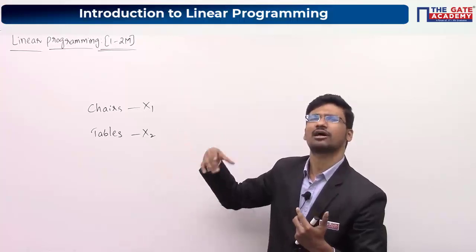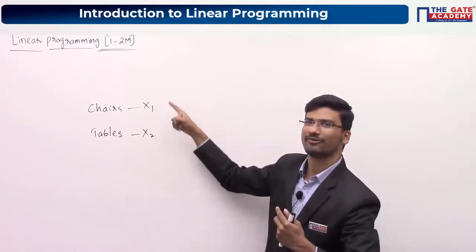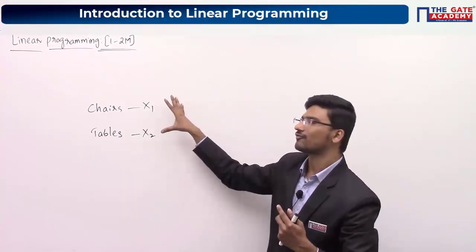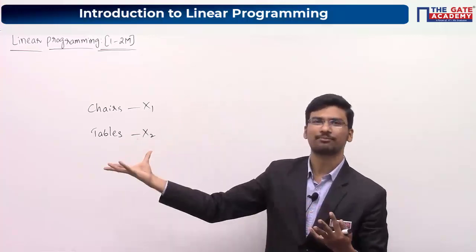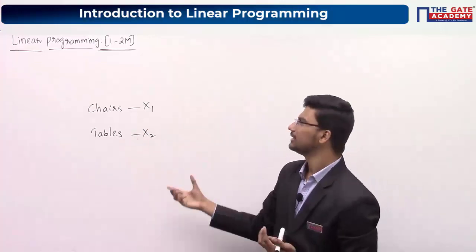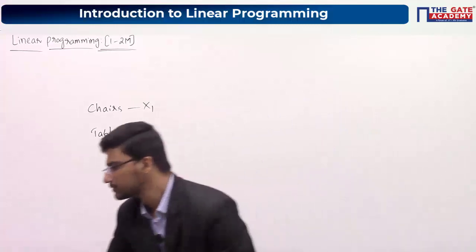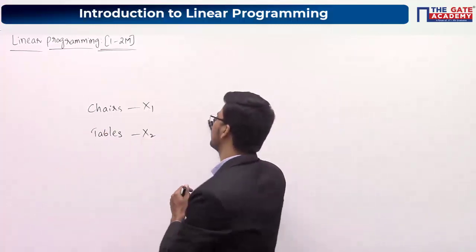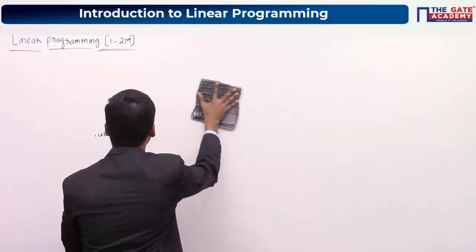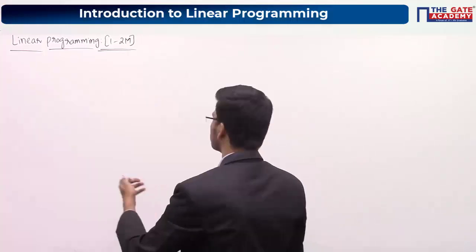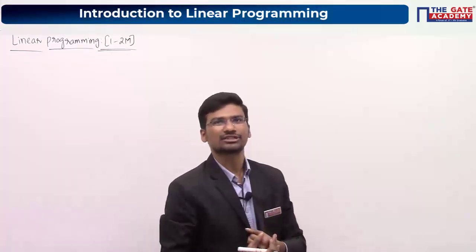Okay, so after solving those straight line equations, you can find out these two variables. After finding these two variables, you can find out your maximum profit also, right? So again we'll take some more examples for this, so that we can understand this application part clearly. So let's take a question. Just write down a question, I'll dictate.